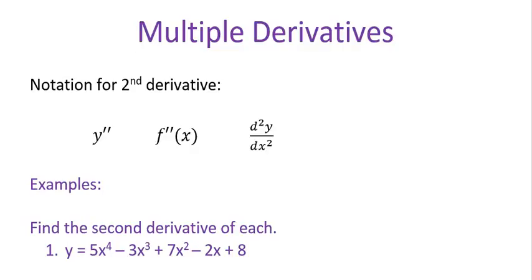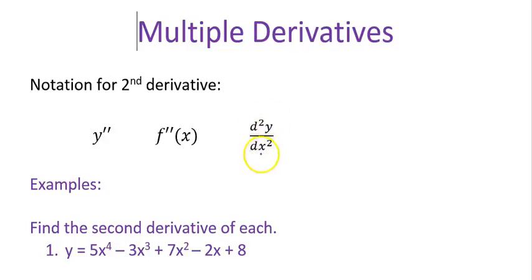This lesson is on multiple derivatives. So far in this course, we've just taken the first derivative. We've just taken the derivative one time. We have some special notation for second derivatives. We tend to stick in this course to y double prime, f double prime of x, and then this notation,